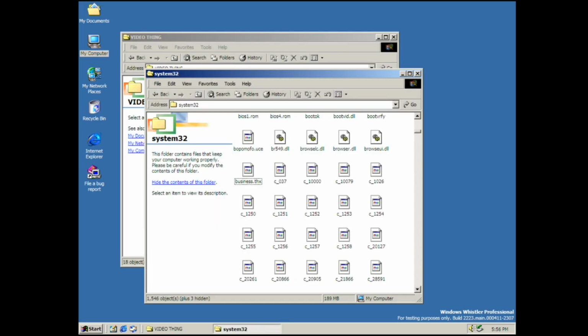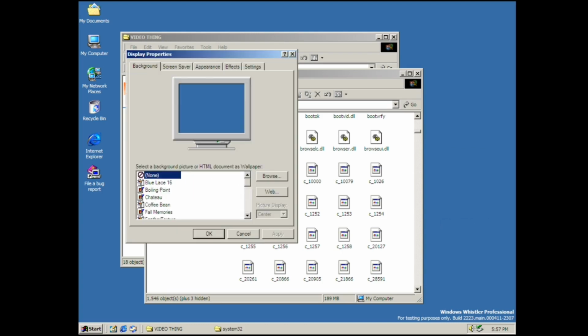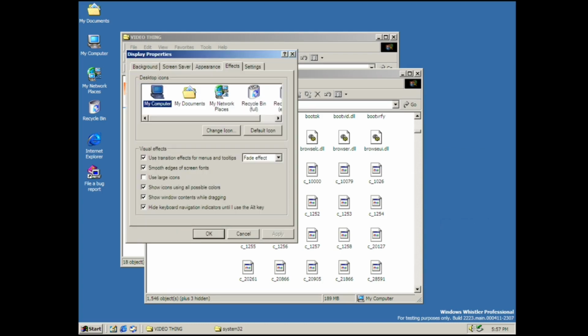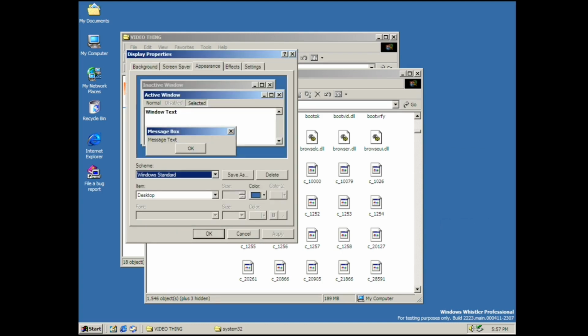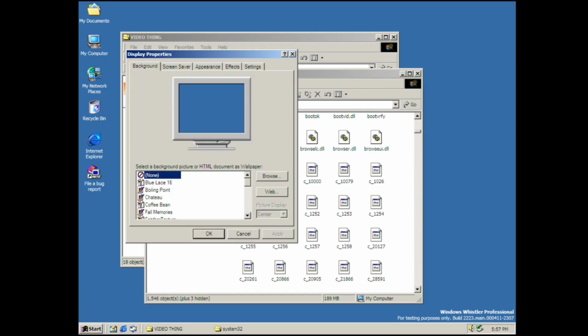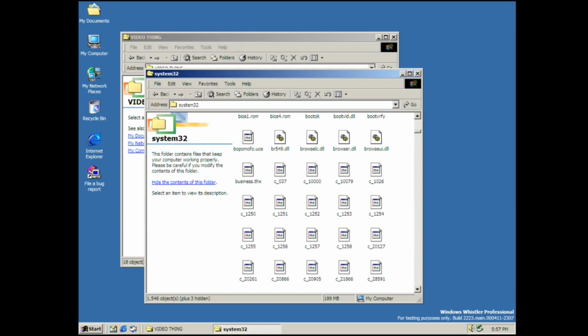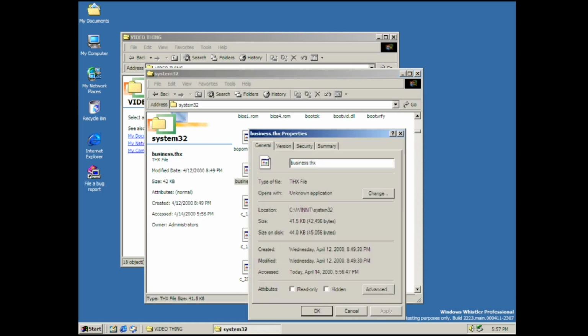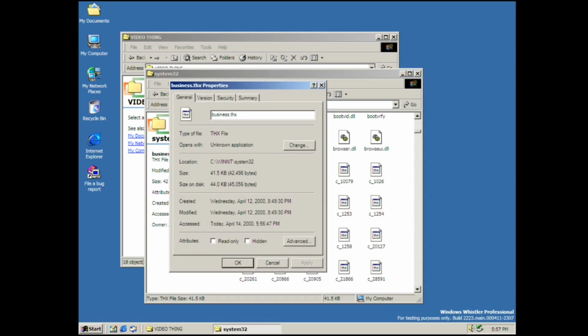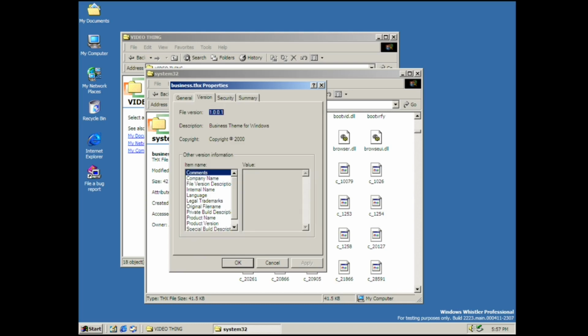The last thing I want to show off is the theme service. Now, there is no actual way to apply the Windows themes in this build, or at least not with any sort of user interface. There's nothing here implemented that'll allow us to use it. But in System32, there is a file called business.thx. Now, if you right click on the properties and go into the version number, you can see here 10.0.0.1 business theme for